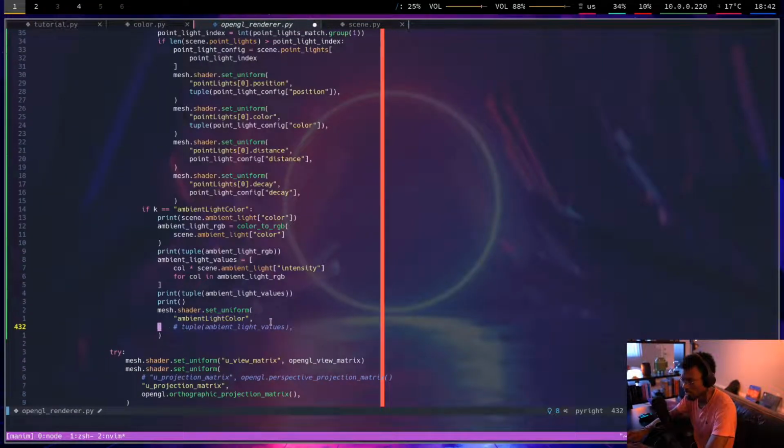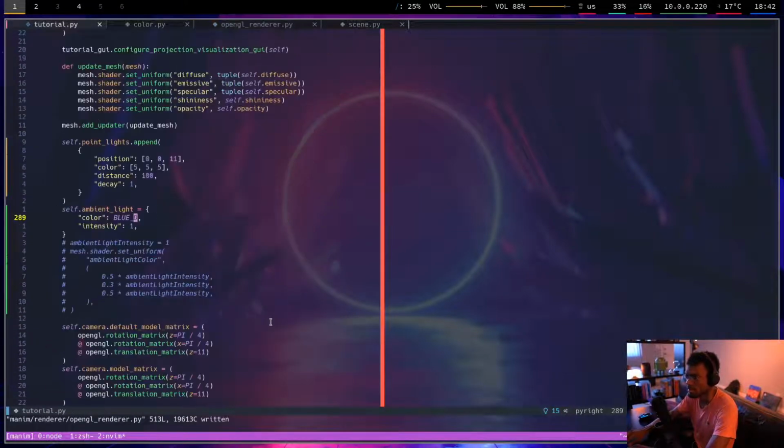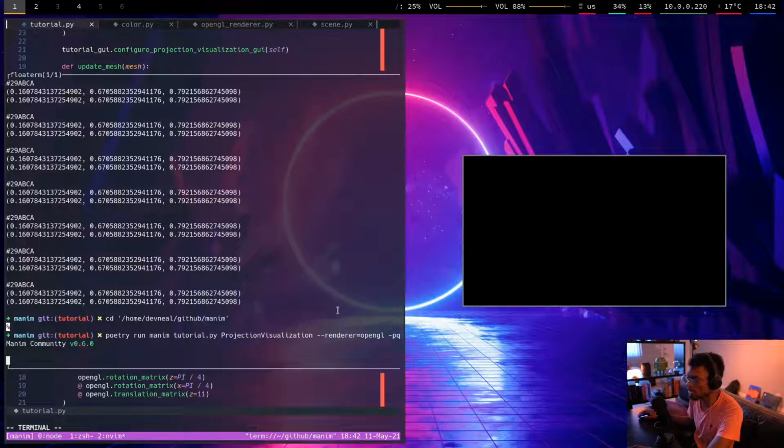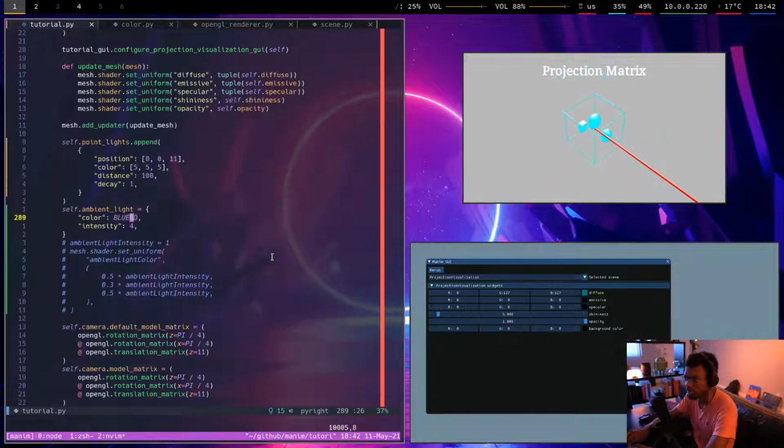I'm fine with just upping the intensity in that case, since I don't have a super strong understanding of how these different light parameters even interact with each other. But yeah, this is becoming really blue now. Probably more blue than I